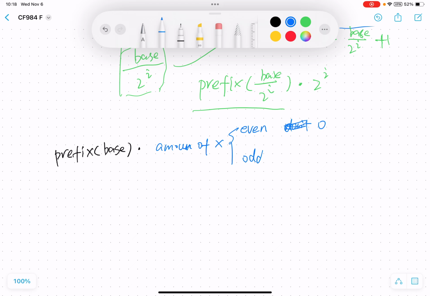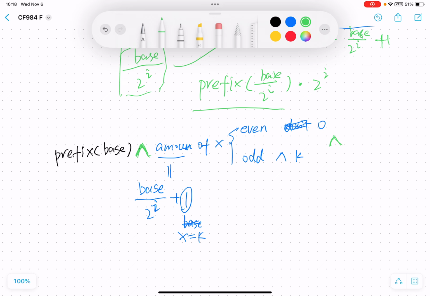If it is an odd number, we need to XOR k. Actually, the amount equals base divided by 2 to I plus 1. This 1 means base, actually s equals k. So this is the calculation of the second part, and this will be